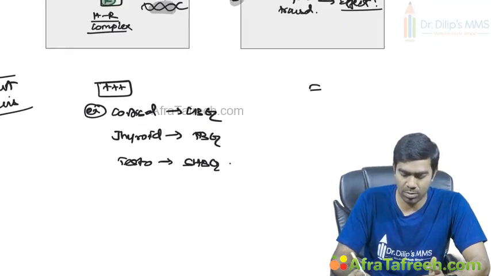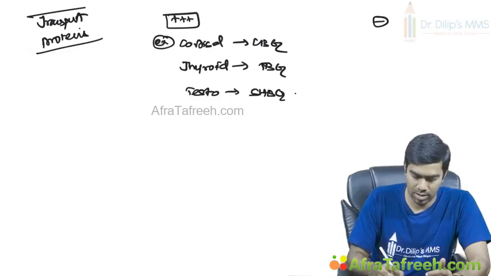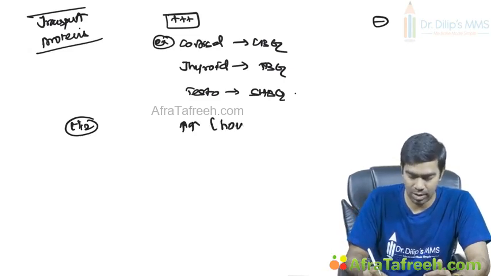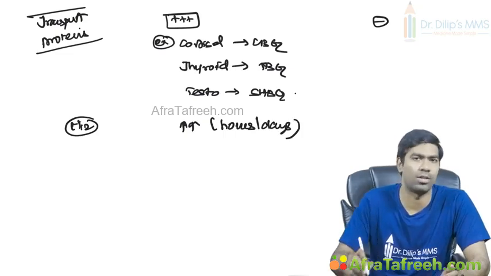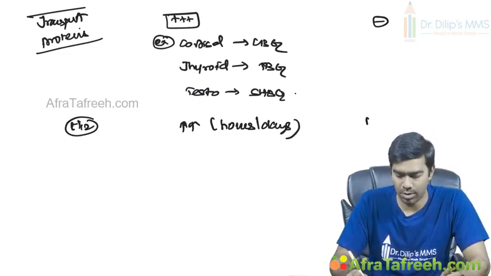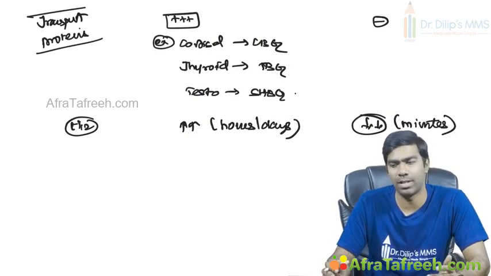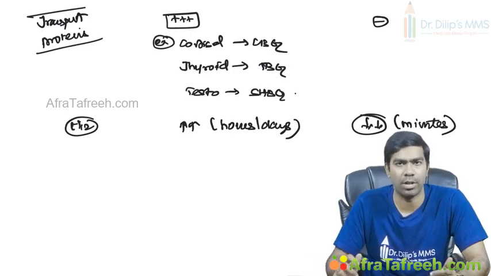But for hydrophilic hormones, typically you don't have any transport proteins. Tell me a transport protein for insulin, you don't have it. Tell me a transport protein for glucagon, they don't have it. So you don't have a significant transport protein for these compounds, right? Because lipophilic hormones have transport proteins, their half-life tends to be a lot higher, which means it will be in the hours to days most of the time, because they are more stable in the circulation. And because hydrophilic hormones don't have transport proteins, the half-life tends to be very short, usually in the range of minutes only, because they are quite unstable and can be degraded by multiple proteolytic enzymes and other actions in the body.